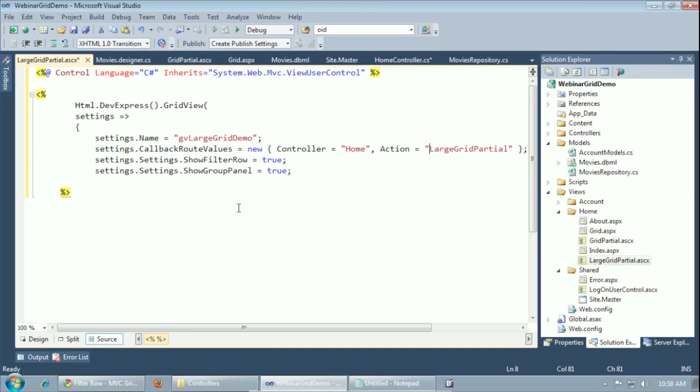I'm probably doing a bit of a disservice, but just be very careful, as I mentioned before, when you do cut, copy, and paste, because you could very easily leave it to some different action name, and you'll be like, why am I not getting the right data? So just be sure that we double check all of our values. So we know the home controller is where this large grid partial action lives. I do want to show the filter row in the group panel, and now we want to look at the actual